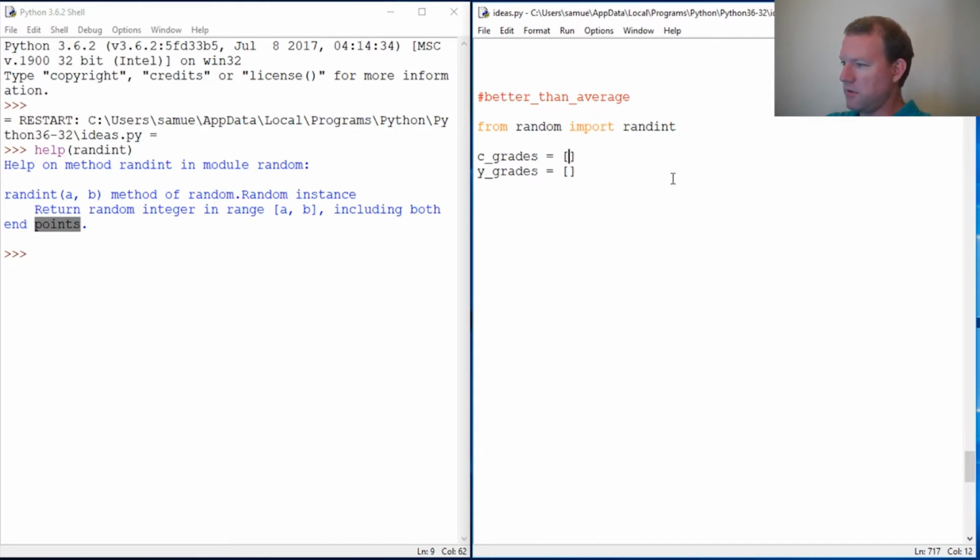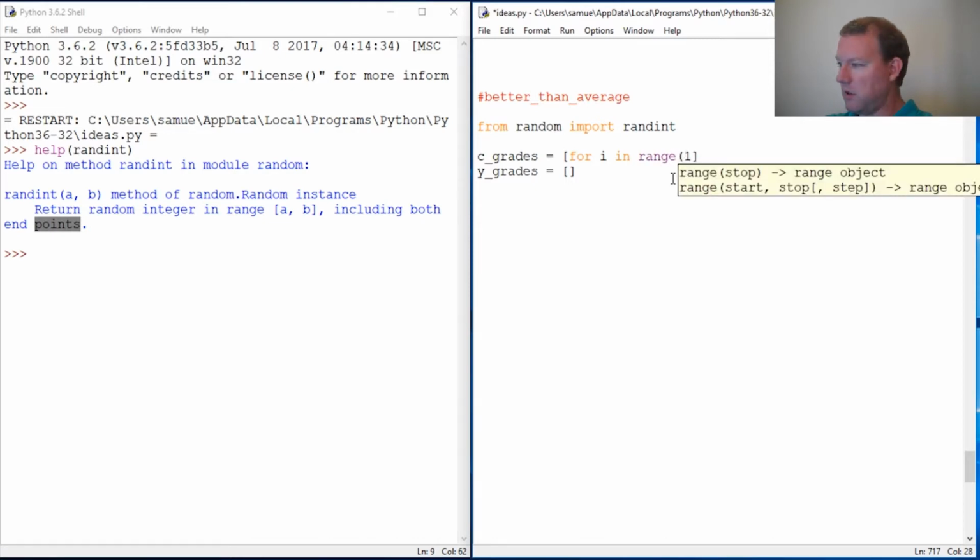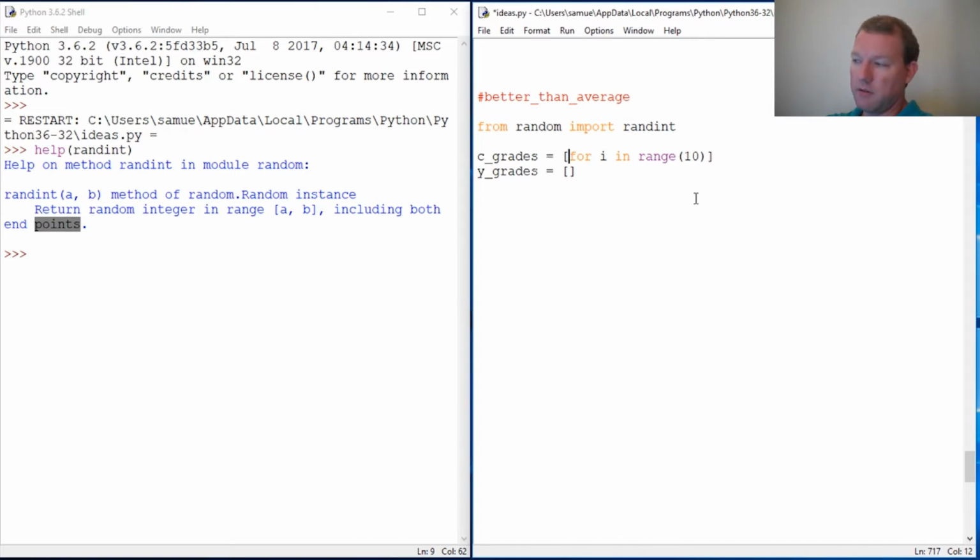Alright, so let's do our for loop. We just didn't want 10 grades, okay? For i in range 10. Close that out. And don't forget, list comprehension goes in front of the for. So what do we want to do? We want to take i and we want to create